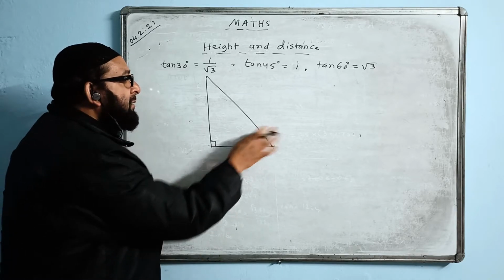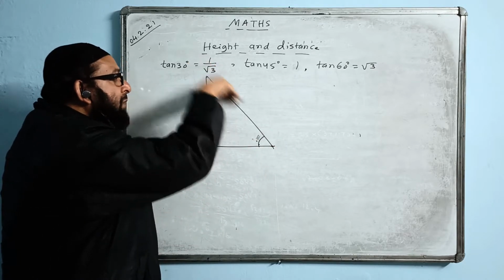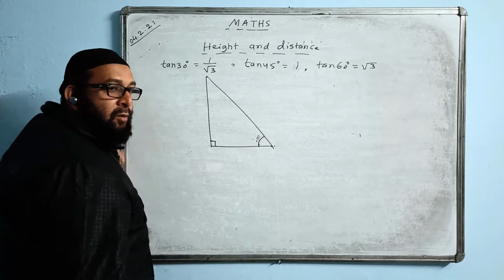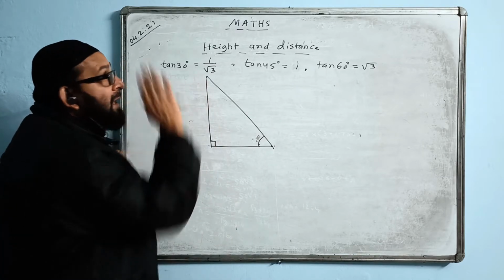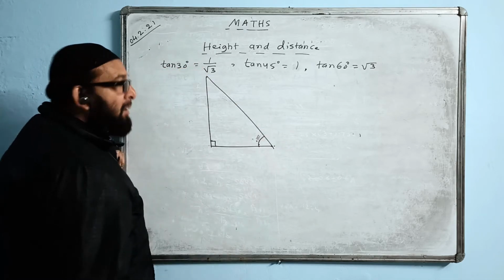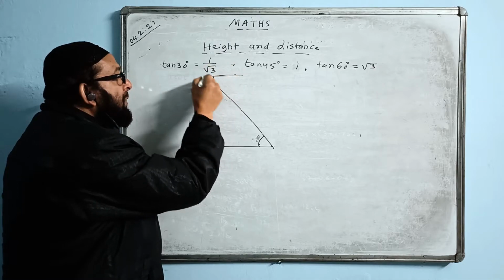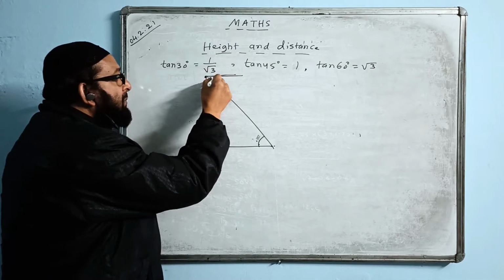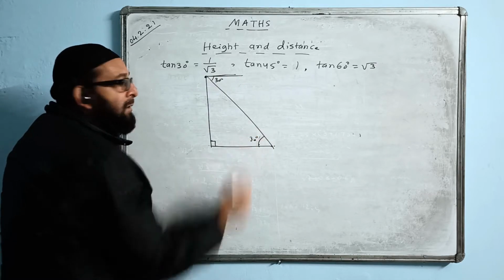But when they say a point on the ground is seen from the top of a tower, then from the top you are looking down. When you look down, that is called angle of depression. When the observer is at the higher level and looking down, the value will be the same, but your angle of depression you will draw here. Here is the observer. This angle will be 30 degree. Ultimately, being an alternate angle, this will become 30.